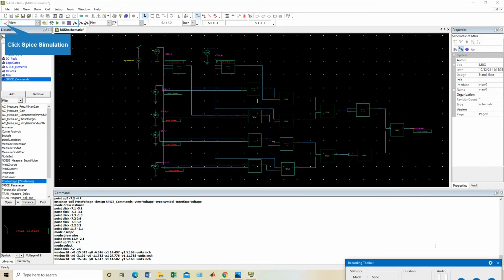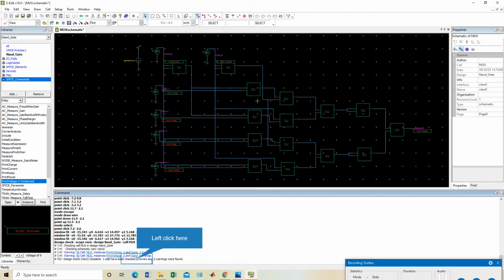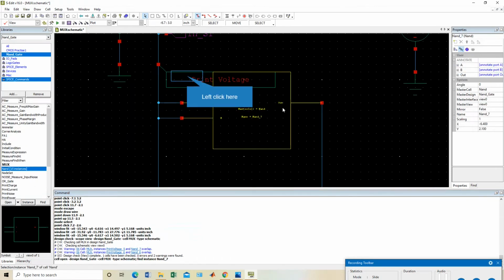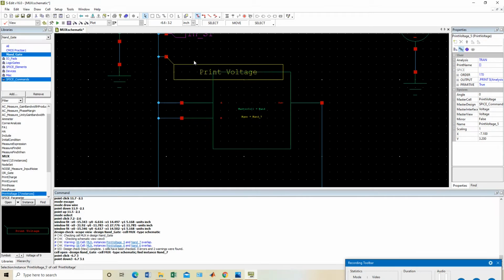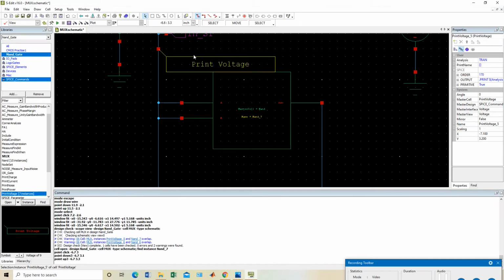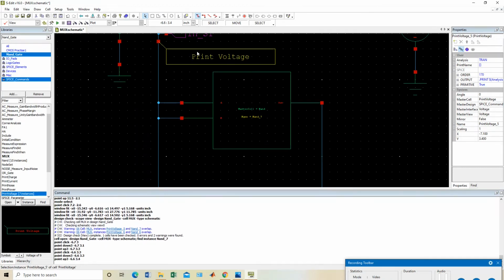Everything is done now, and now what do we have to do? We just have to check our connections. So below you can see we are getting two warnings. What are the warnings? We will check. Warning: cell 0 print voltage overlap. Print voltage 5 and NAND 7 are overlapping. So I will just keep it a little bit upward.